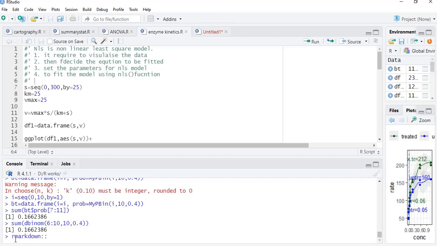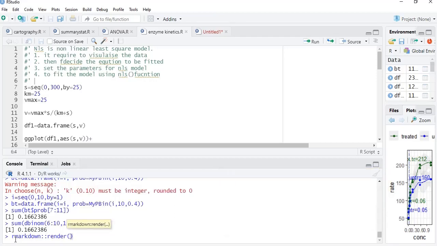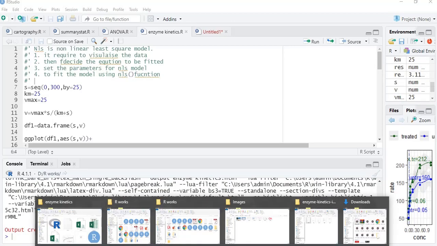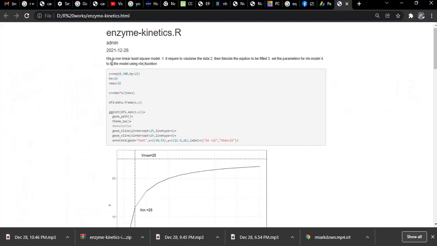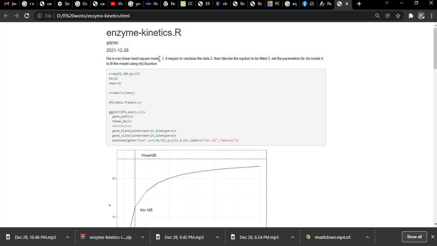Rmarkdown render and the name of the file, that is enzyme kinetics.r, and we'll run this line and processing is going on. Go to our works folder and here that enzyme kinetics is there. I will open that and you can see here the text, that is NLS is non-linear least square model, and